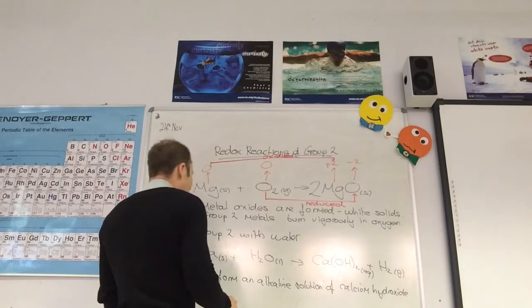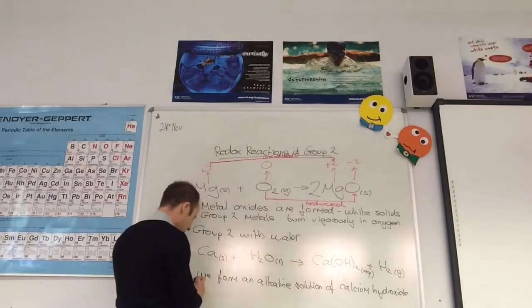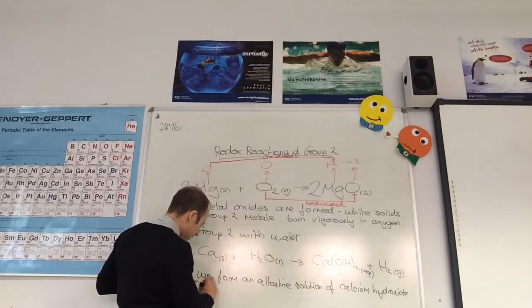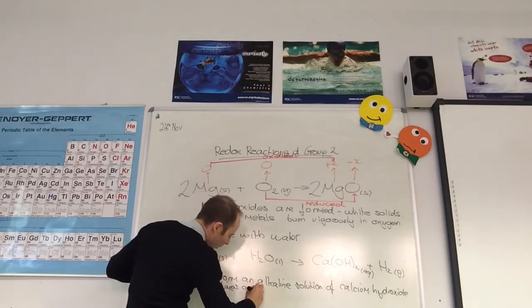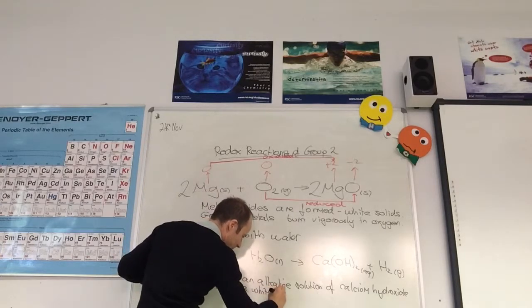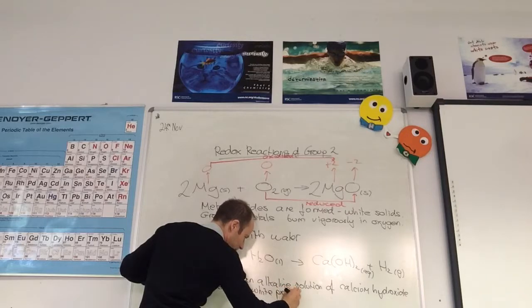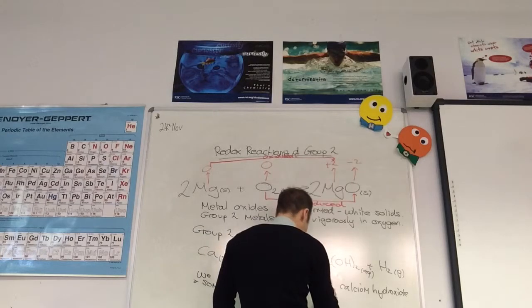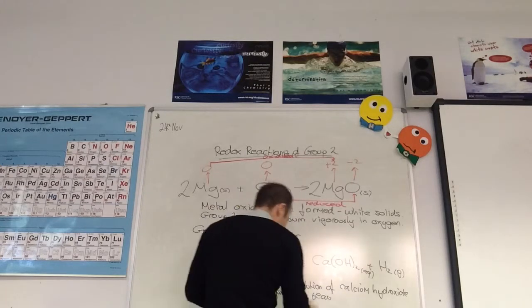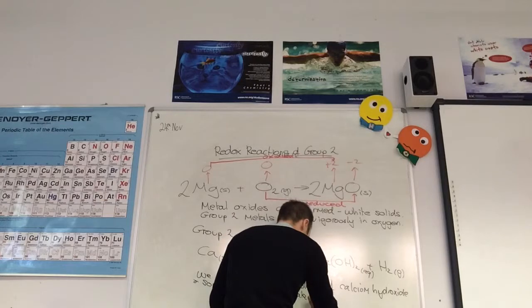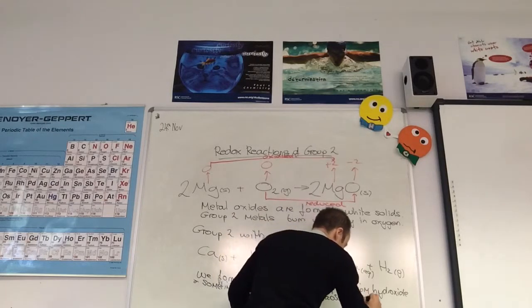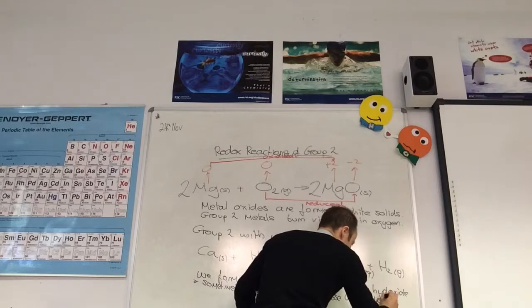They're not very soluble, so sometimes we form an alkaline solution of calcium hydroxide, and sometimes a white precipitate, because group 2 hydroxides